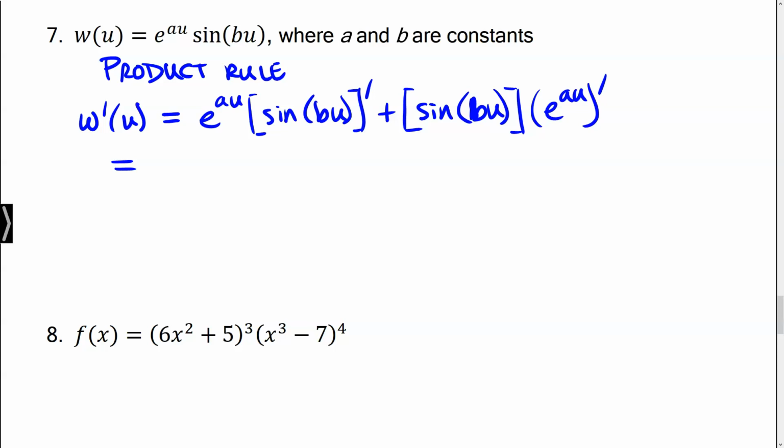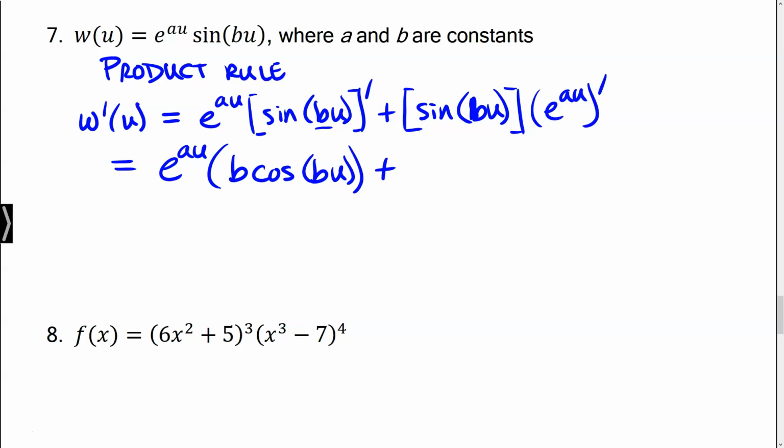Now, actually, I don't think we need to write out the substitution for each of these because the inner function here is just a constant multiple of u. And this happens really often. If you have just a linear inner function, then all you do is you just pick up the factor. So what that means is I'm going to get e to the au. The derivative of the sine here is going to be cosine, but because there's a b, I just pick up a factor of b, because the derivative of bu is b, just like the derivative of 3u would be 3. So I get b times cosine bu